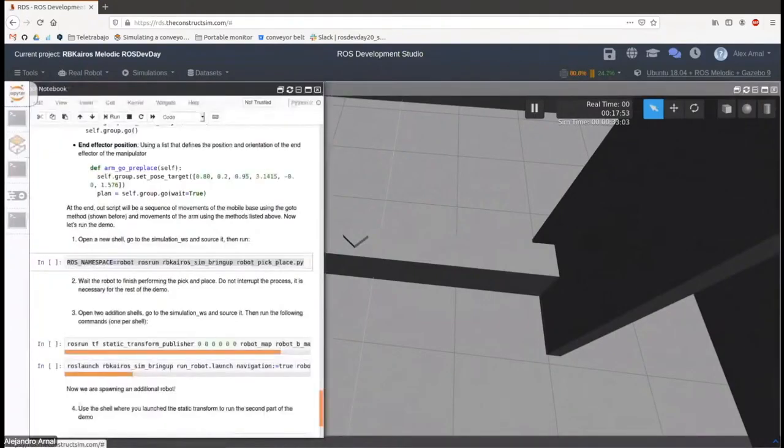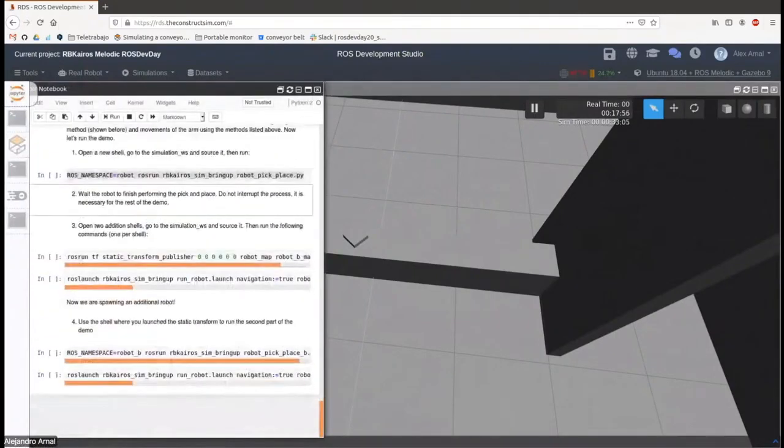So, okay, in this case, what I have done at the end of the script, I have saved the position where the first robot has placed the object. Okay, so now what I will do is to make the second robot go to that position and try